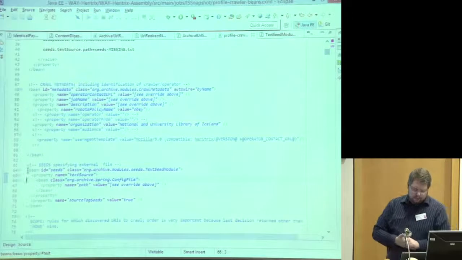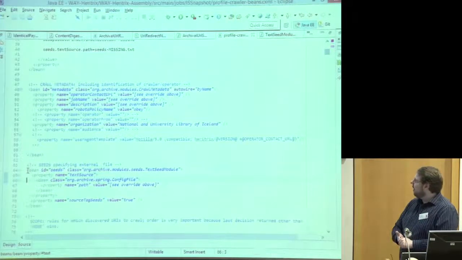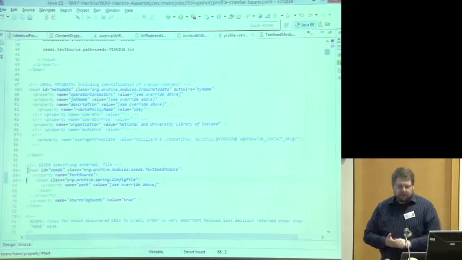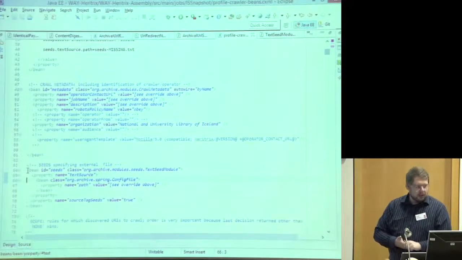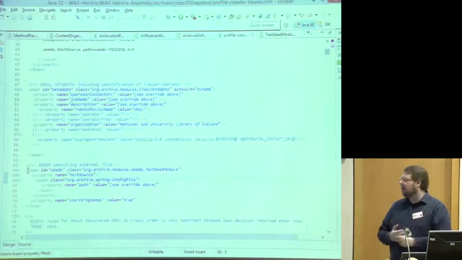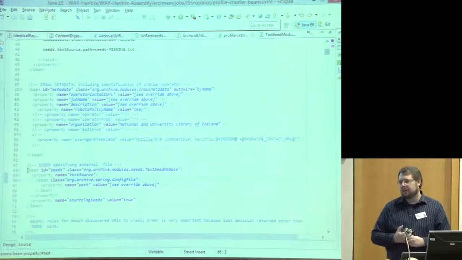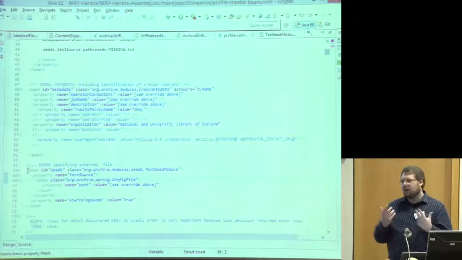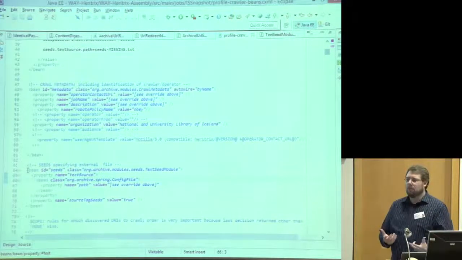So I want to bring your attention also to this little thing, config file. There are a number of places in Heritrix where this convention is used. You have some sort of source. This is actually what Heritrix calls a read source under the hood. And it can accept either a config file or it can accept a config string. And those are fairly obvious. What isn't really obvious is that these are pluggable modules. And you could, in fact, put in your own little